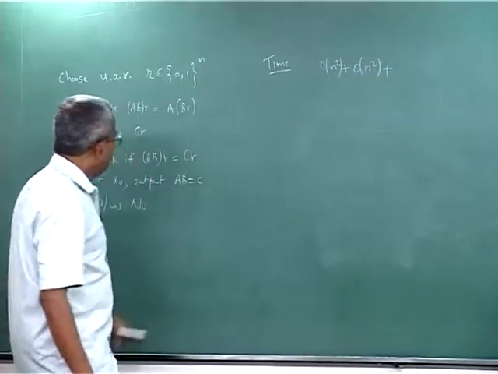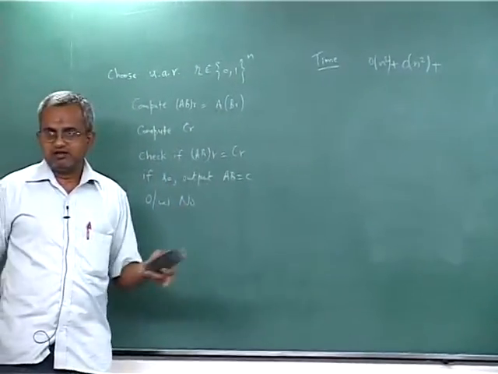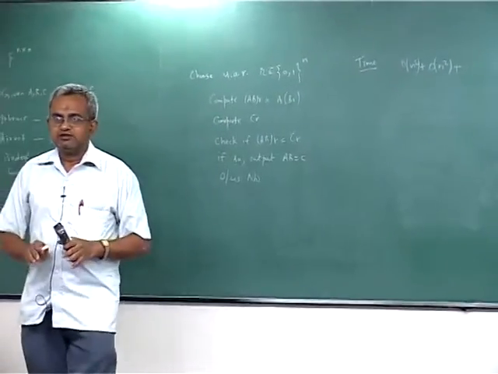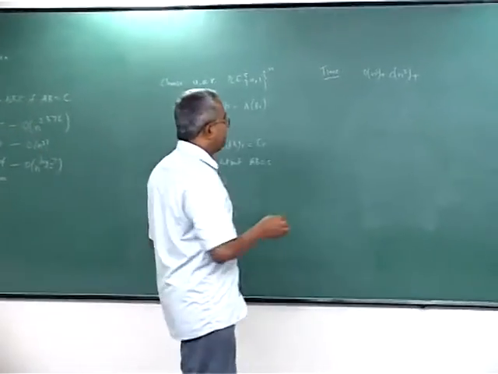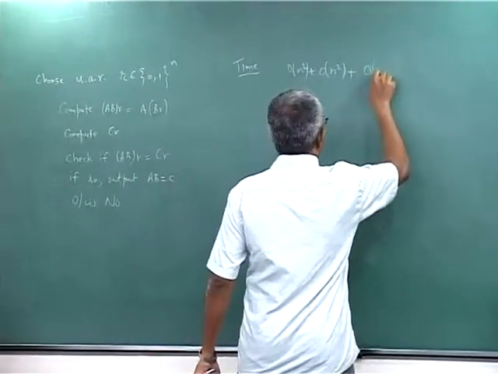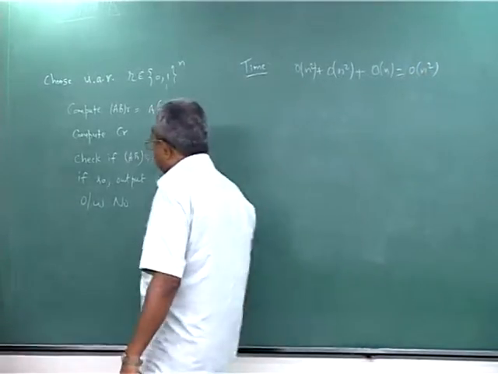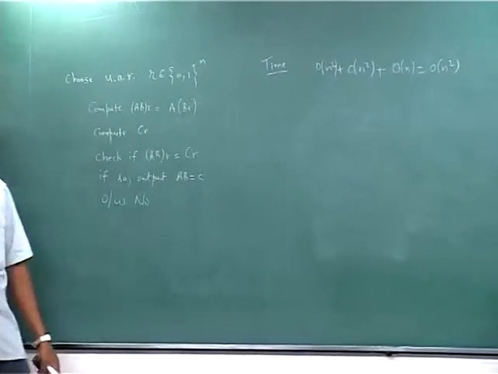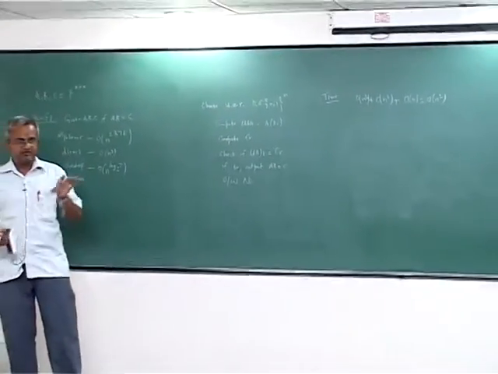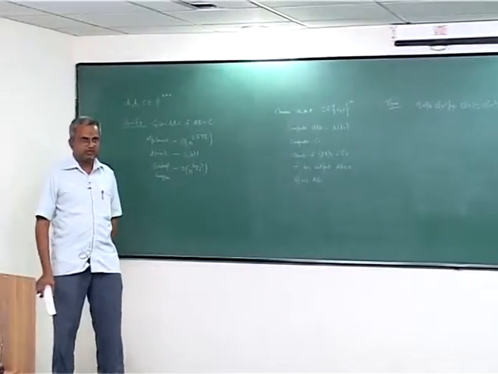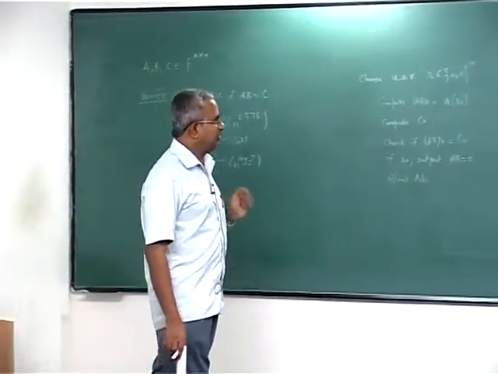And then what are you doing? You have two column vectors, you are comparing them. Again, comparison is a unit operation, so we assume that it can be done in constant time, so again an order of n. So, for a total of order of n squared time, the algorithm will give you an answer. It never takes more than n squared time. That is the way you have designed the algorithm. You have a full guarantee that the algorithm will never take more than n squared time.